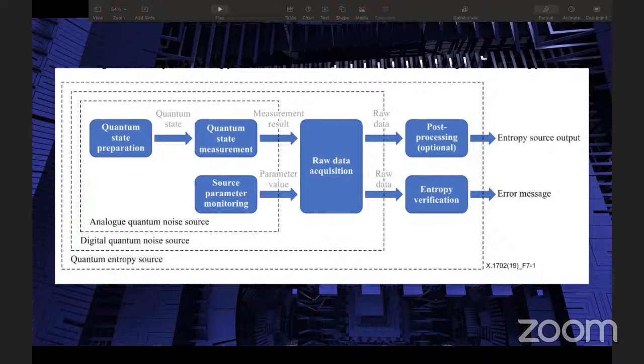After we have prepared quantum states, we do measurement. After this measurement is done, we inject some raw noise. And after some post-processing steps, finally, we get a message that is truly random with reference to the initial states that were fed into the system. So with this, we can actually perform genetic mutation to a very good degree.